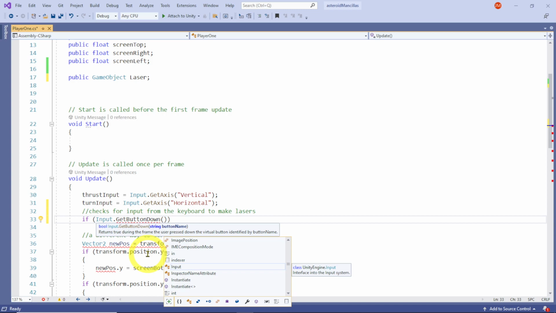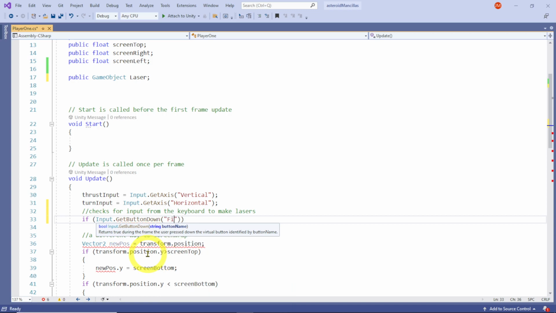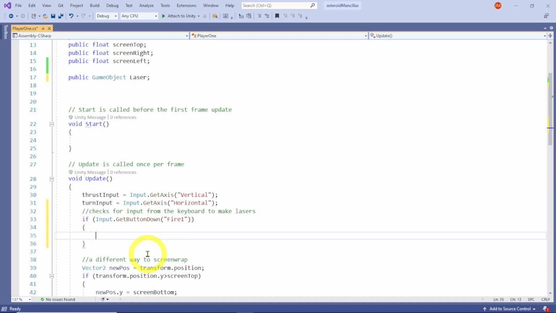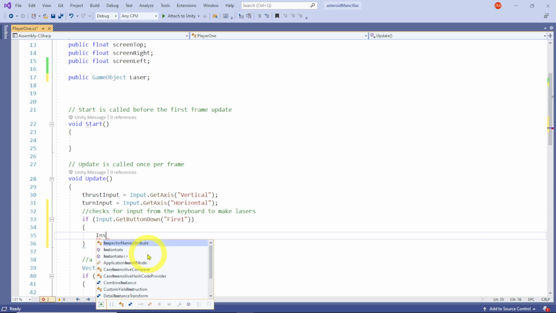And we are looking for the fire button, and that is capital F with a 1 on it. And close that out. Oh, sorry, it's in the wrong spot, so let me go back and close that out right there. And the solution is for it to instantiate a bullet, so we need to give ourselves the curly brackets, and we are going to instantiate a bullet,